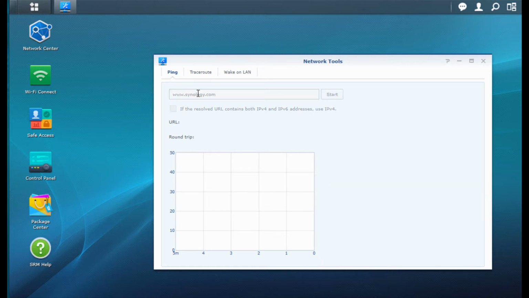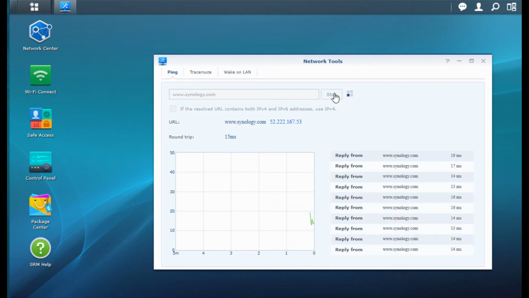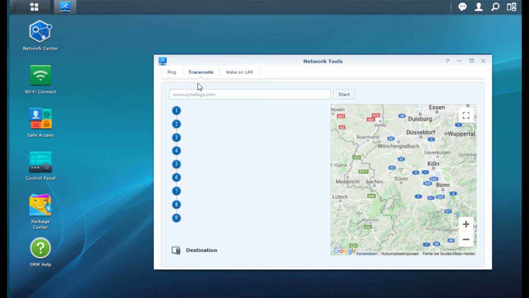So when we try to open it, it shows us that we have a pretty good 90 millisecond response from the Synology server. Now, when we go to the trace route, this is a very cool analytical way of accessing trace route. Basically, you can do a similar thing in command prompt, but it's far from being so aesthetically and graphically pleasing. So let's try again the Synology website,